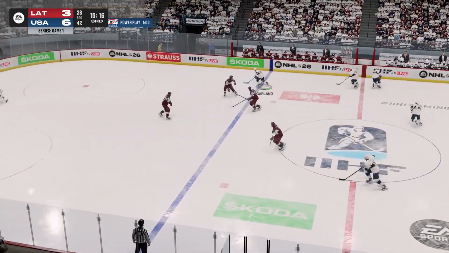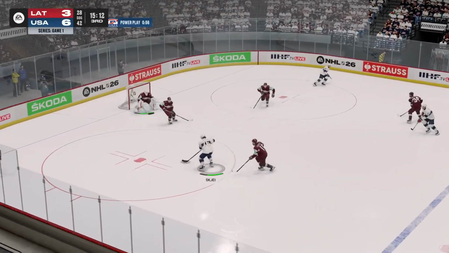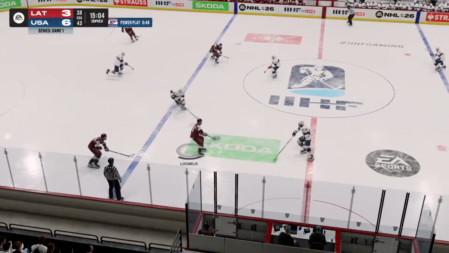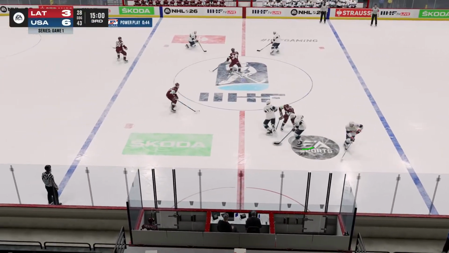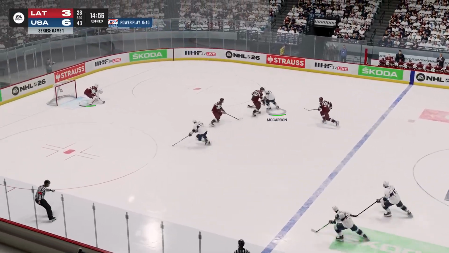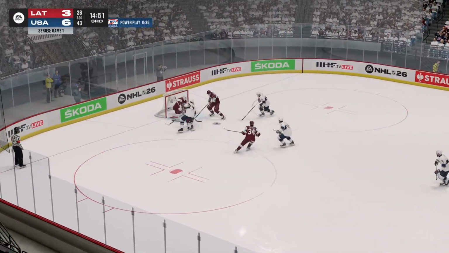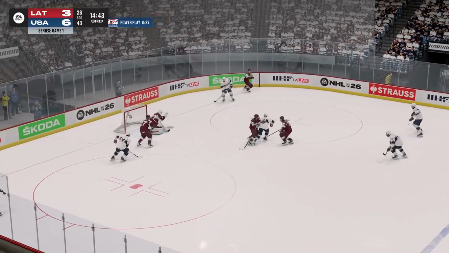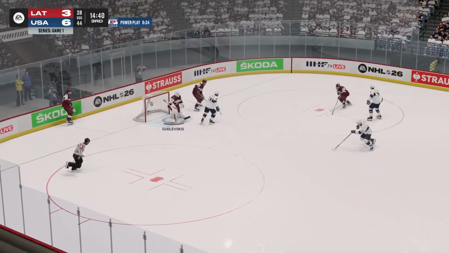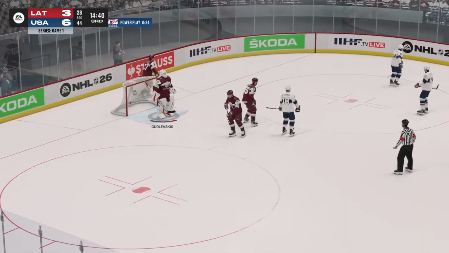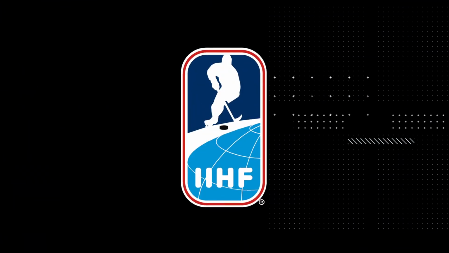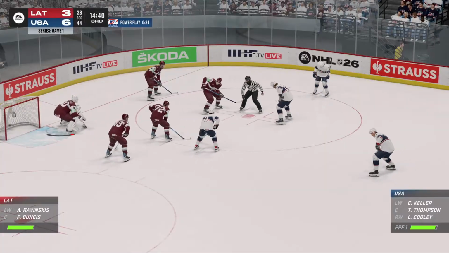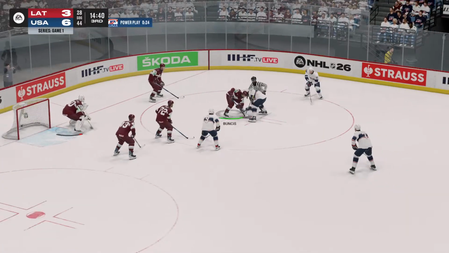A bobble through center. Garland turns back for the United States. Centering pass to Shea. Shea is shot denied by Godlewski's. Comes out wide and Latvia will clear the zone. Big hit from behind. That looked like a cross-check. No whistle. We play on. McCarron brings it up. O'Connor now back to McCarron. Loose puck in the slot. Still loose and it goes outside. McCarron there for the United States. Centering pass. A backhander. Denied by Godlewski's. I think the United States might have gotten away with a cross-check right in the middle of the play. But we play on. 24 seconds to go on the man advantage here for the United States.